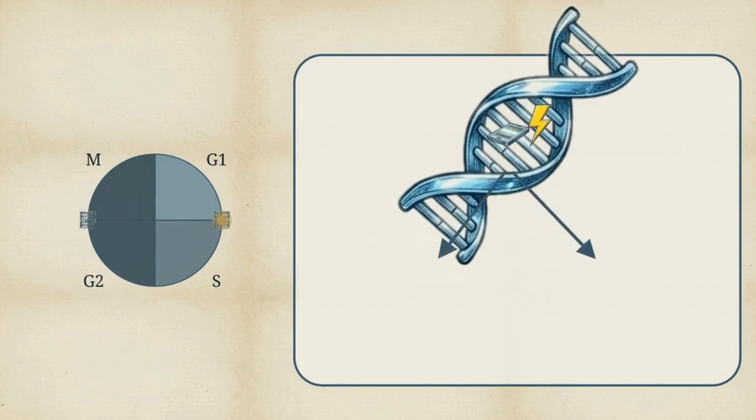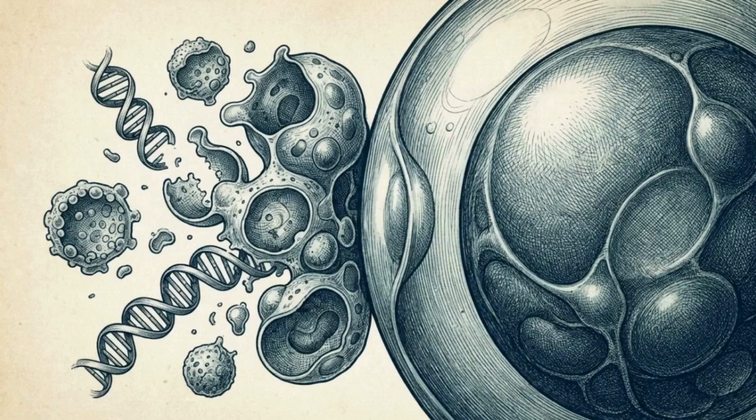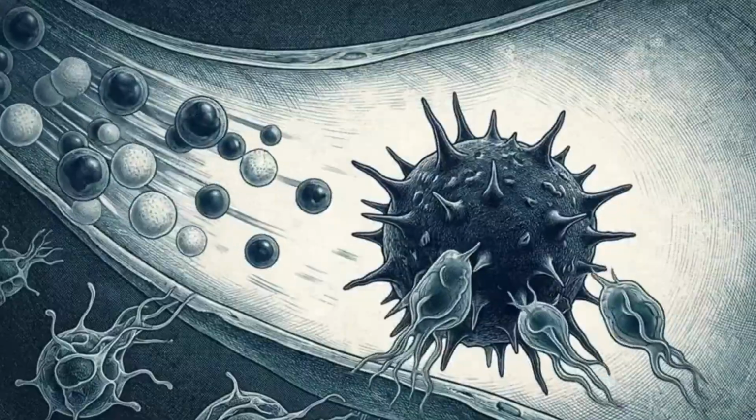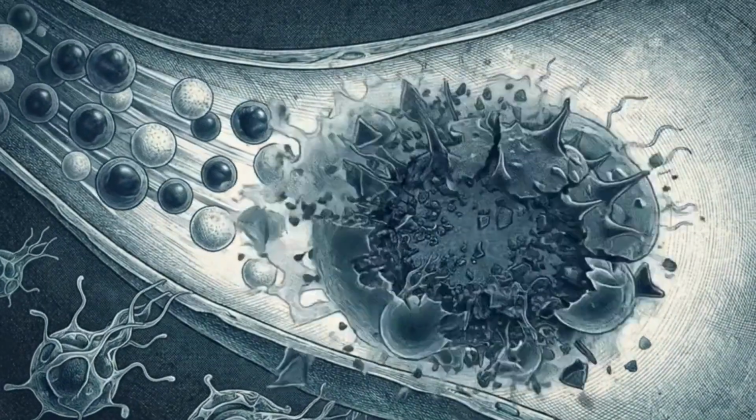When damage is detected, these sensors trigger one of 2 divergent outcomes. The cell cycle pauses for enzymatic repair or initiates a terminal exit. That terminal exit is apoptosis, programmed cell death, the final method of preventing corrupted genetic data from being passed to daughter cells. If the DNA repair enzymes successfully correct the lesions, the checkpoint inhibition is lifted and the cell proceeds to a safe division. These redundant layers of verification ensure that genomic errors are intercepted before they can proliferate through the tissue.